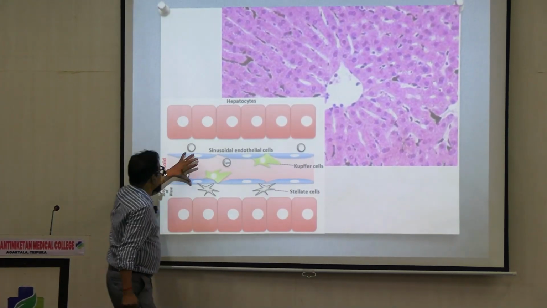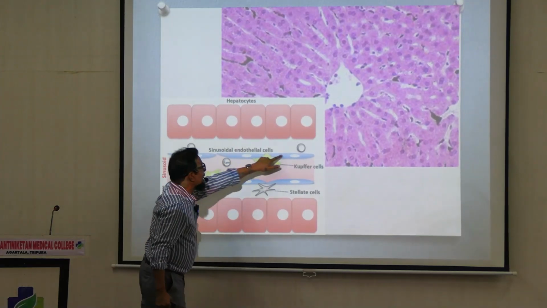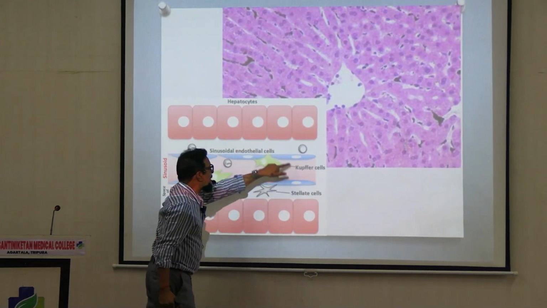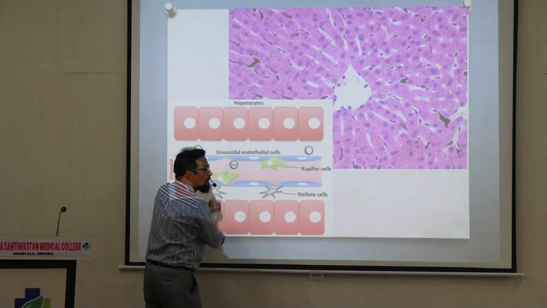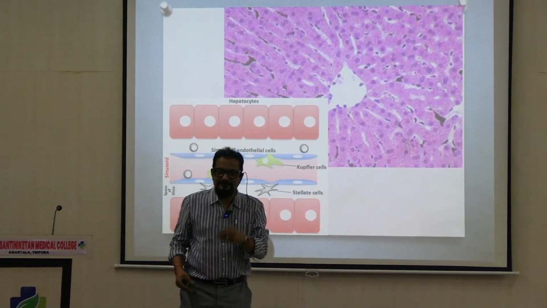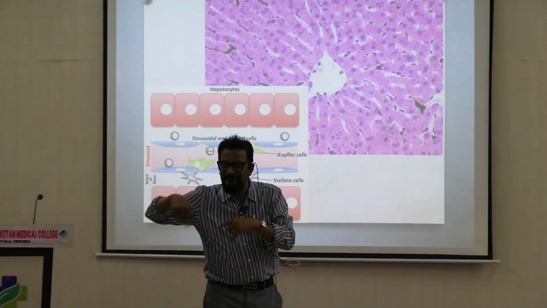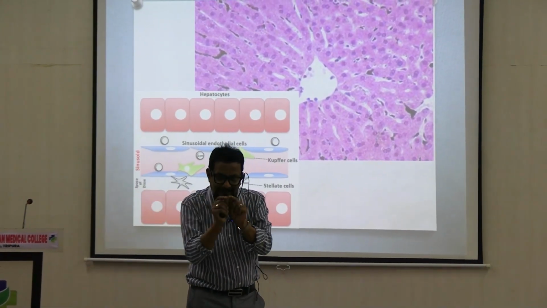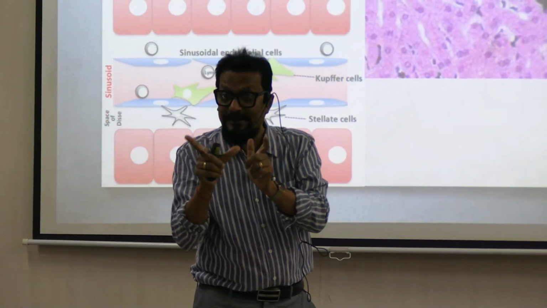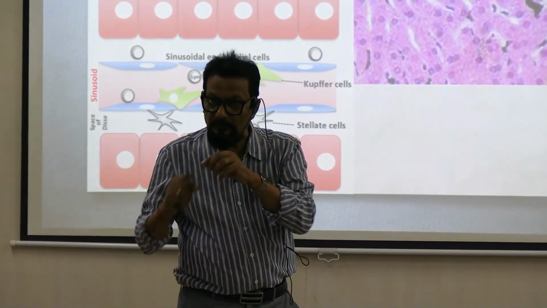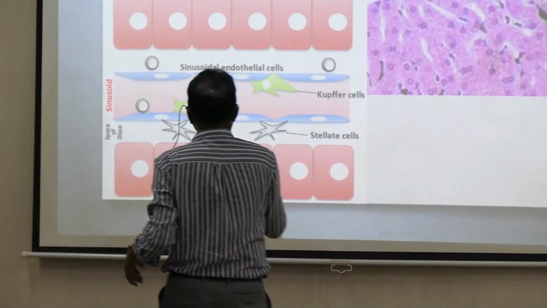Now see, this sinusoid is lined by endothelial cells. These are the endothelial cells. And these endothelial cells have gaps, fenestrations. Large molecules can pass through them. This is unlike any other endothelial cells. Here the gap is more. The fenestra is wider, so that larger molecules can enter through this. And